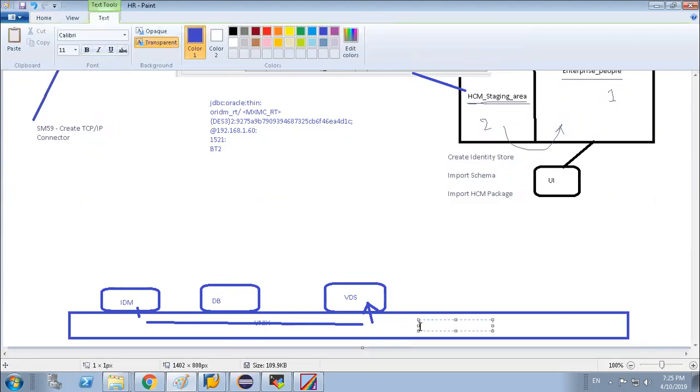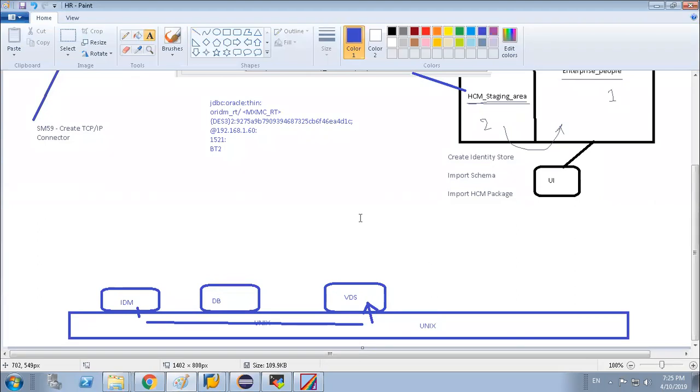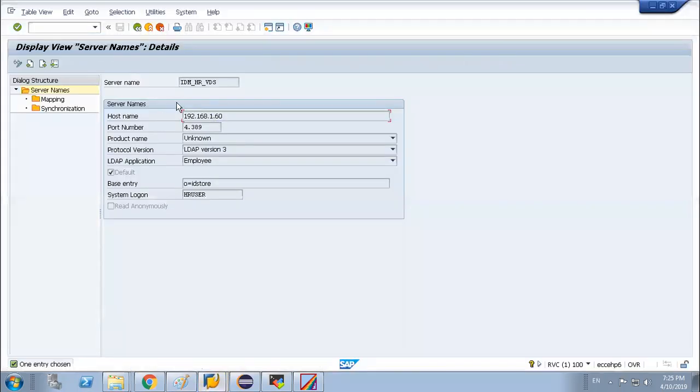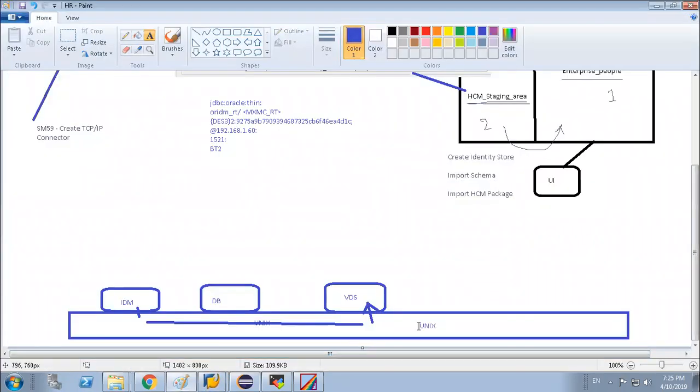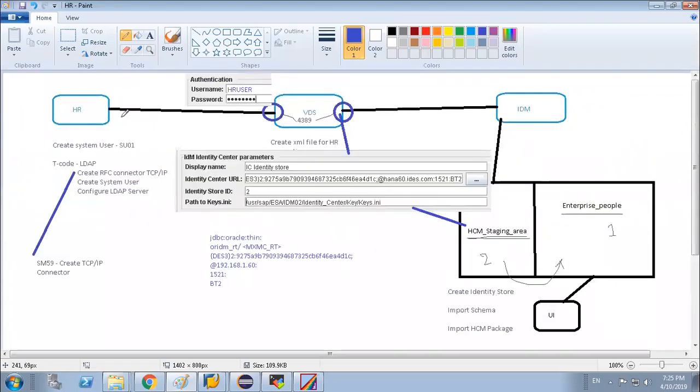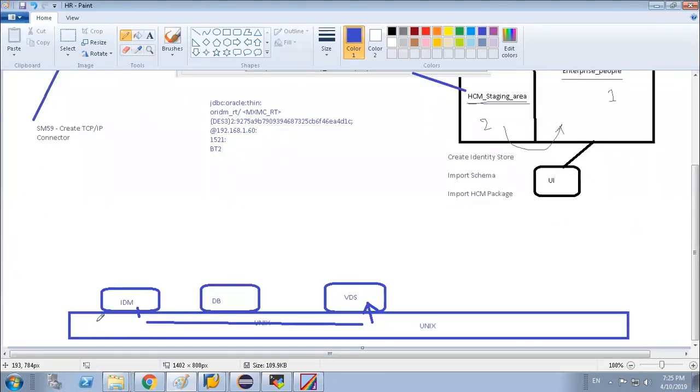So the information which we need to provide in our server will be our Unix server host name, because VDS is installed on the Unix server. So even if I want to connect this IDM system with the VDS system, I have to connect through this Unix server.